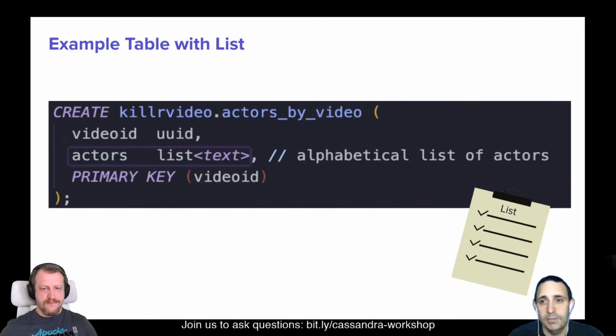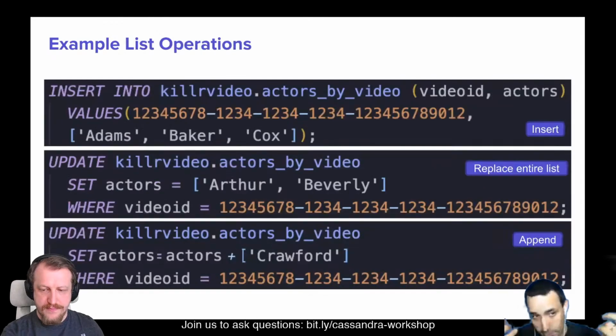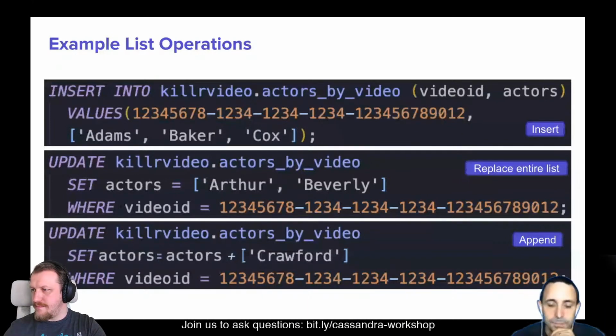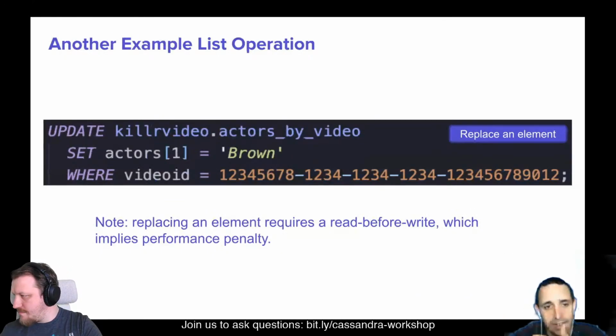Okay, so now it's quite the same syntax, but instead of using curly brackets, we are using square brackets. So insert, replace the entire value, and append an item to the list. Because lists are indexed, the order is there and will stay there. We can access one value in the list using the indexed notation.